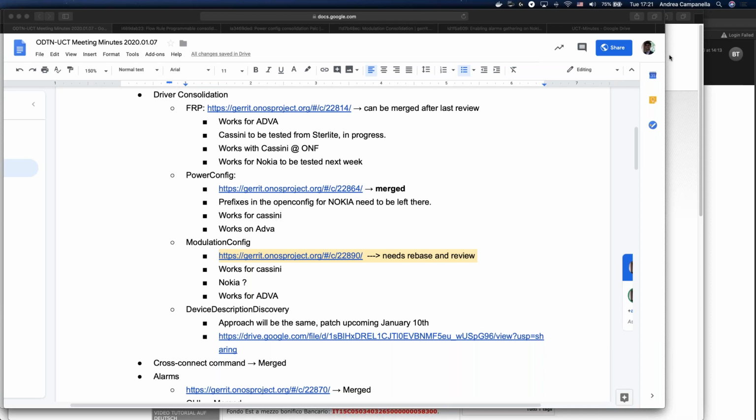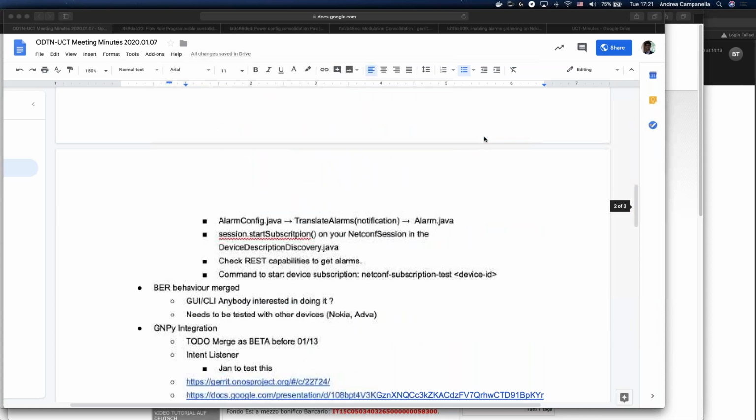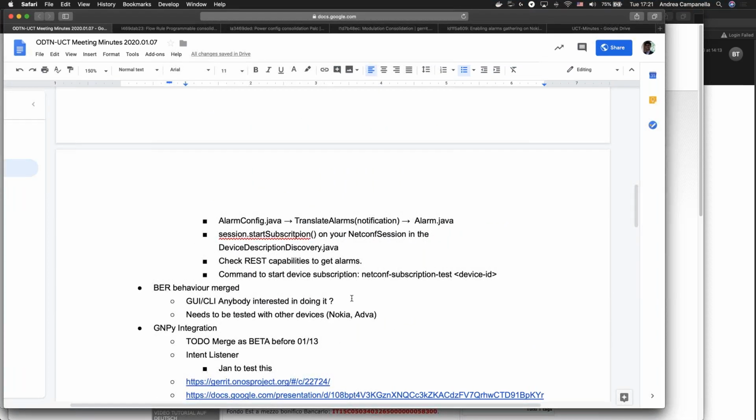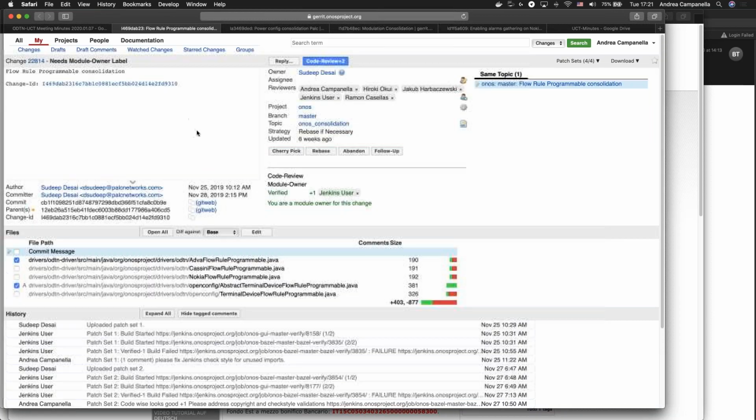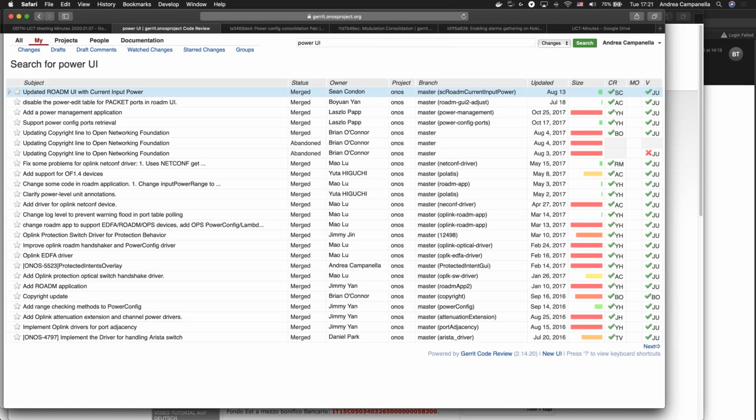We would like to take up some UI work after the current activity, just as you mentioned, there is some UI work. Absolutely, we can add you to this. And to do it, I was thinking fairly simple. We have done this in the past for things like power. If you go in Gerrit, there is a fairly good example of what needs to be done. Power UI. Let's take this one.